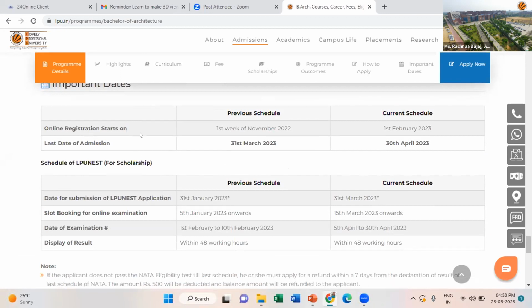So last but not the least, I'll quickly wind up with another important thing, the important dates. As you can see, the registration is already going on. Applications for this program started in November 2022, and the last date to take admission in this program is 31st March 2023. And today is already 23rd March. So hurry up, guys, register yourself, proceed for the provisional registration by an initial payment of 10,000 to book your seat,